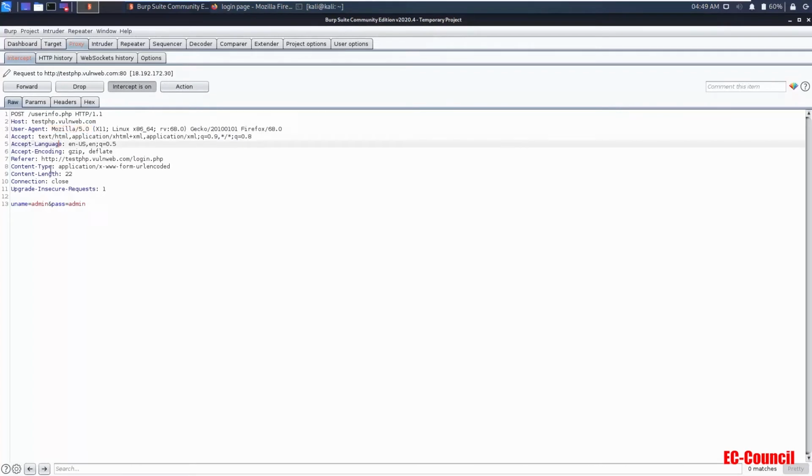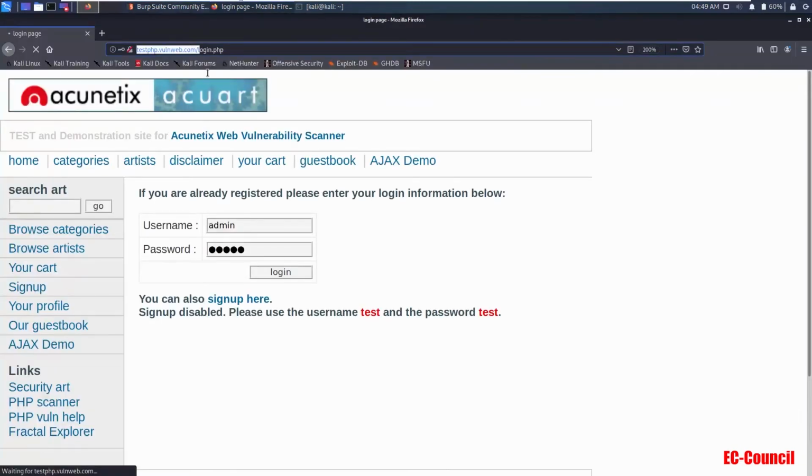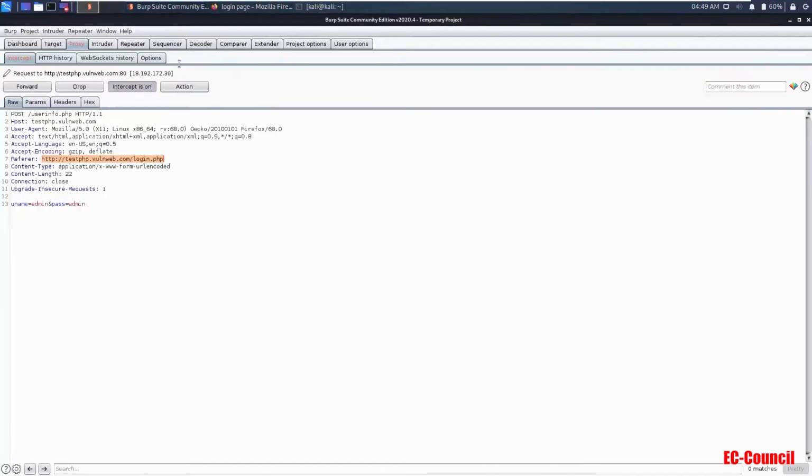Okay, encoding accepted, and this is the actual page link, which is testphp.vulnerweb.com/login.php. Let me open the browser. You can see here that this is the link we have. All right, and you can also check the credentials which we have passed in that website or application. So I have typed username admin and password admin, and here you can see that now we can see the